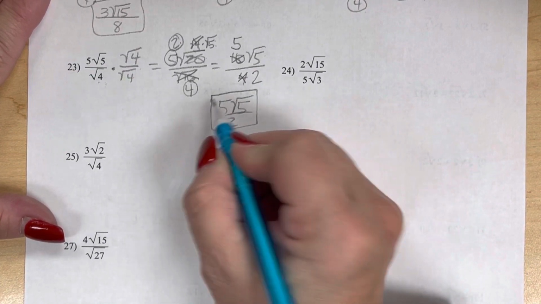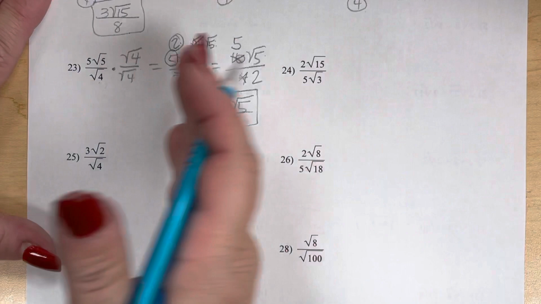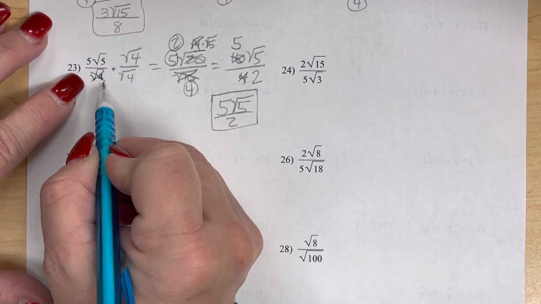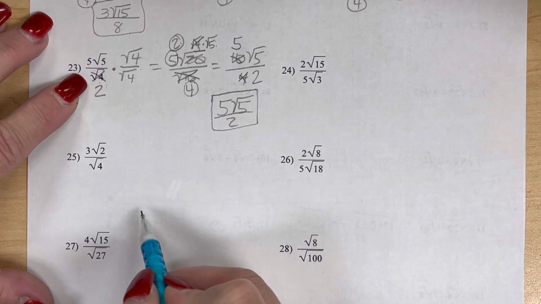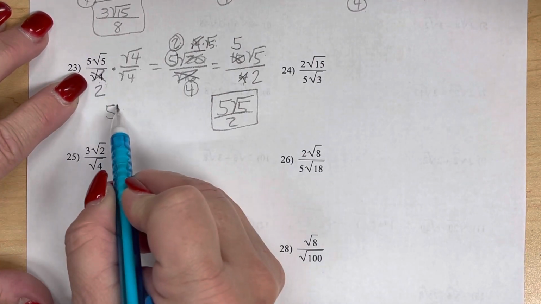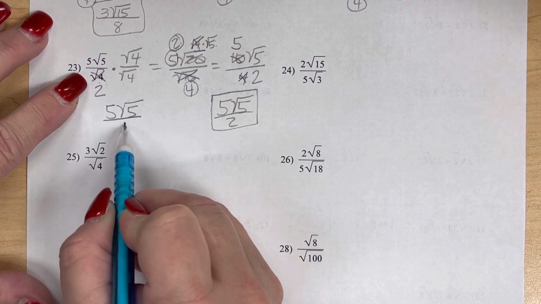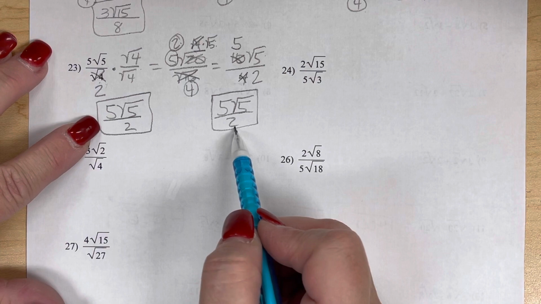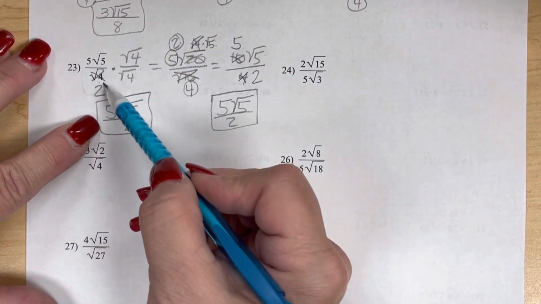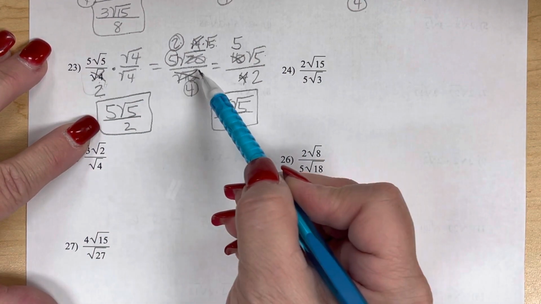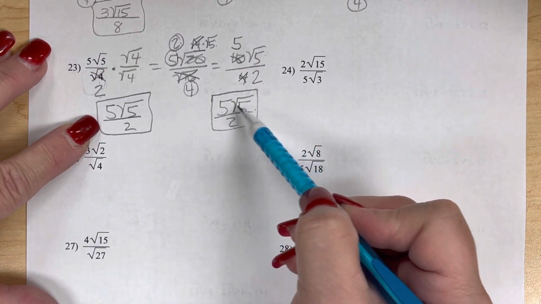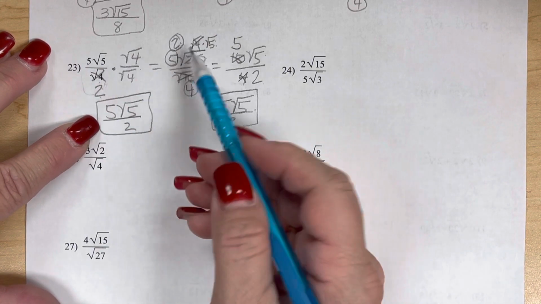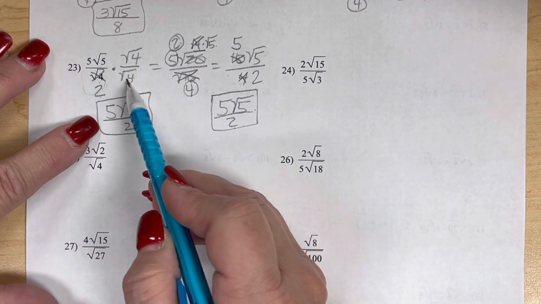Now, let's say that you take care of it before you ever begin, like this, and you know square root of 4 is 2. Well, looky there. You have 5 square root 5 over 2. So you still come up with the same answer. You can either take care of it at the beginning, or you go through the steps and then you finalize it at the end. I personally think this is easier,